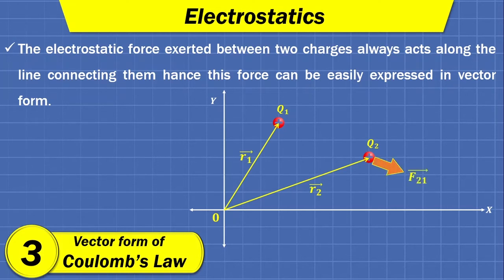Then we will decide on which charge we need to find the force. So here I want to find the force on this charge q2. And we know that this force will always act along the line joining q1 and q2. So this is the line joining q1 and q2, and as both the charges are positive, the force of repulsion will be there. So I have mentioned F21 over here.